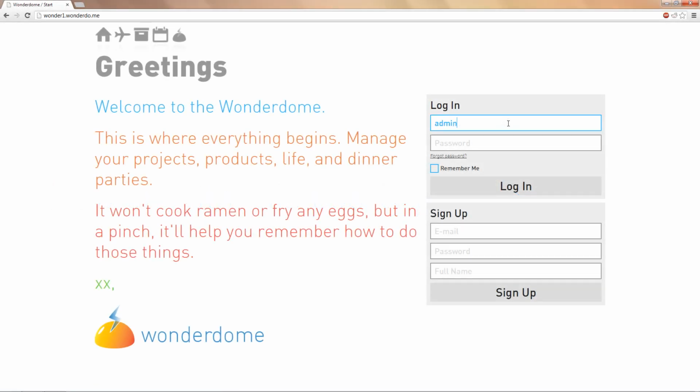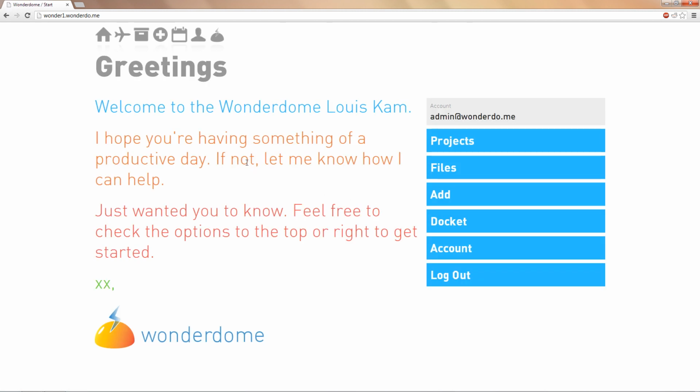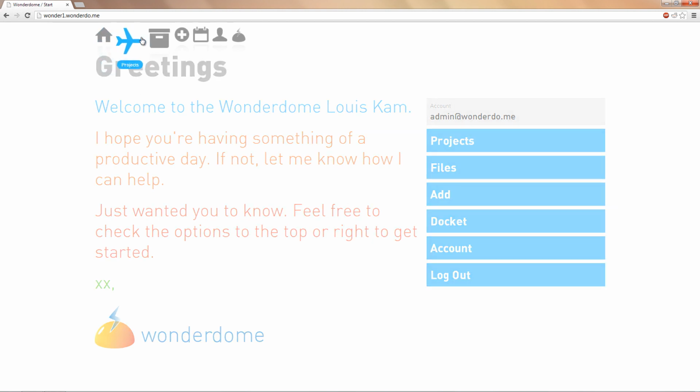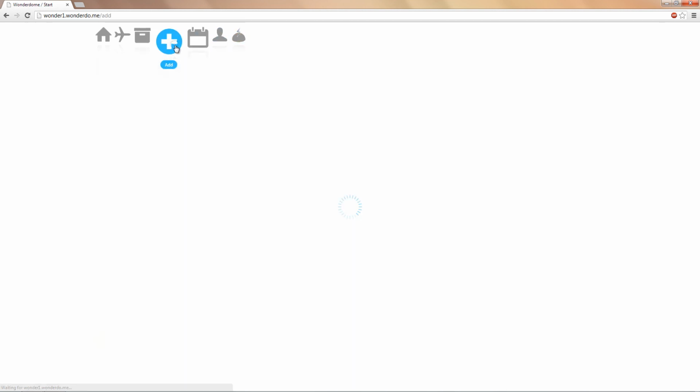What's going on, people? Welcome to a very early alpha look at the Wonderdome. Like I said before, this is mostly a design concept, and a lot more work has to be done on it to make it a fully fledged product. But I thought I'd give you a look anyway at some of the basic workflows that I've included in here, and just give you an idea of how you might use this, or really in this case, how